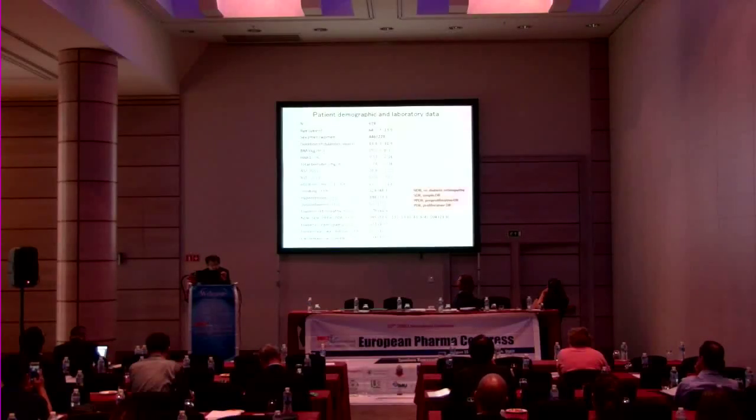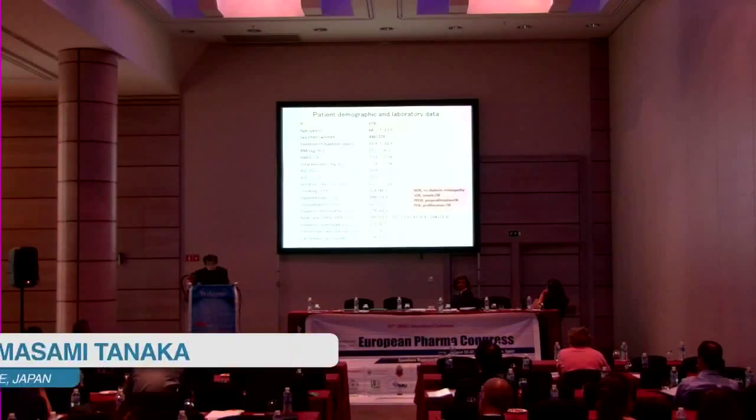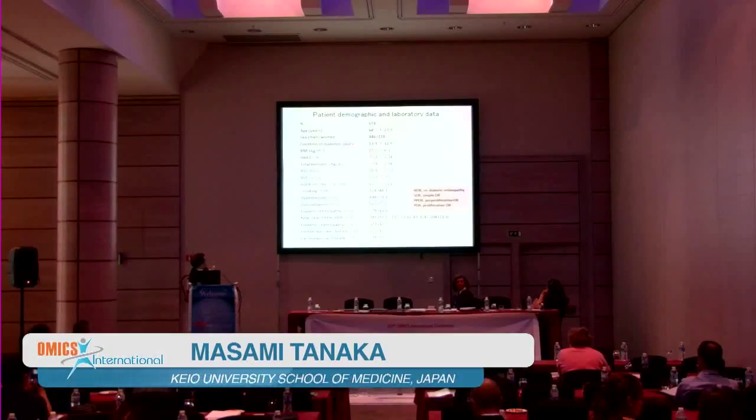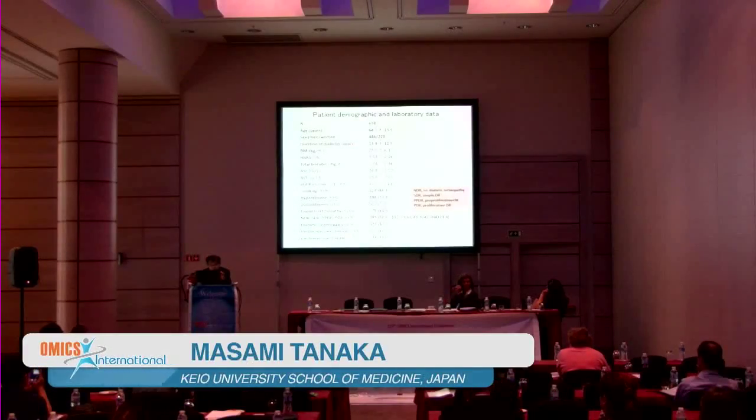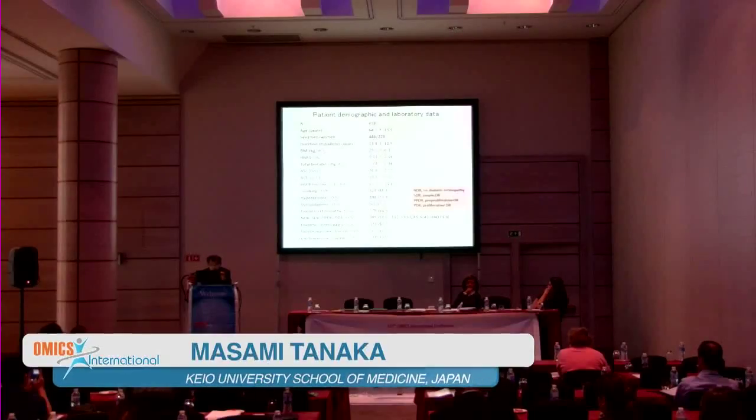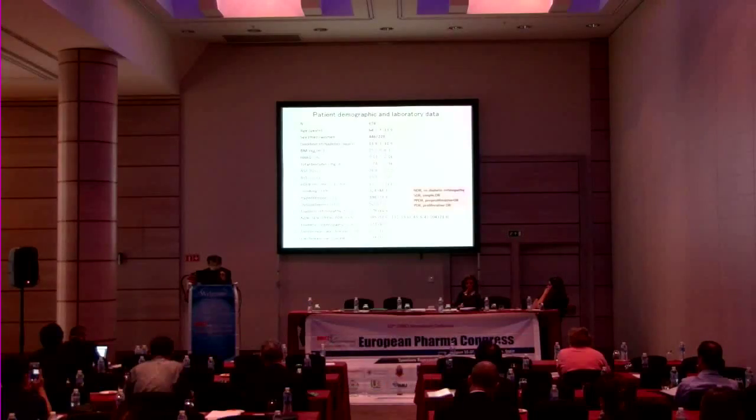This slide shows the background of the patients. Average age is 64 years, and average diabetes duration is 13.9 years, very long, and average body mass index is 25.5, suggesting that many obese patients are included in this study. Average hemoglobin A1C is 9.1%, very high, and the average of total bilirubin concentration is